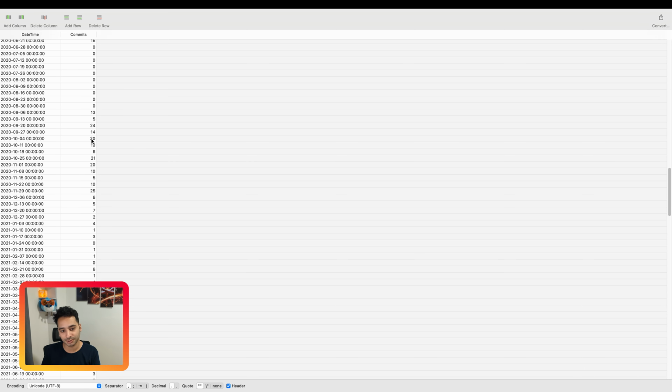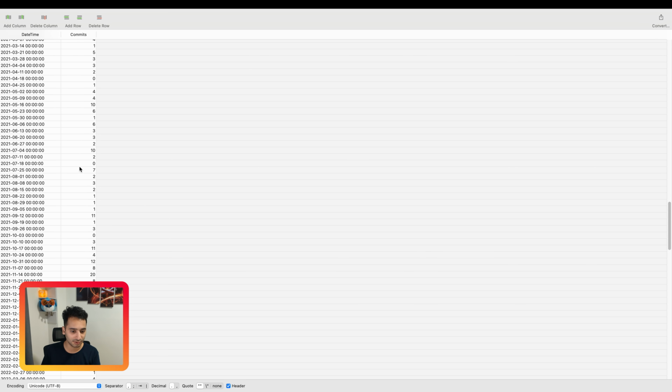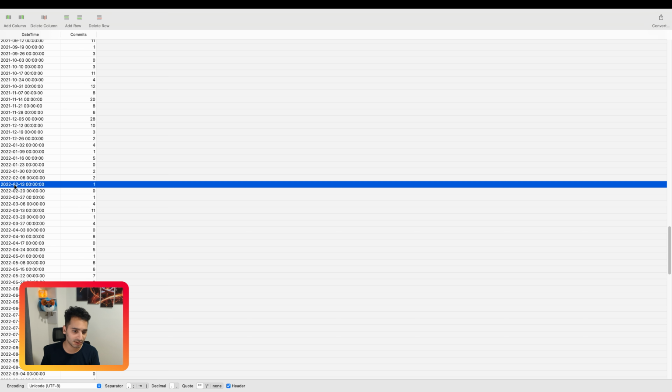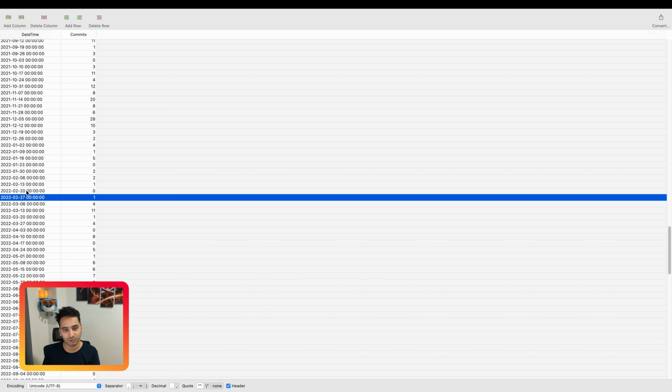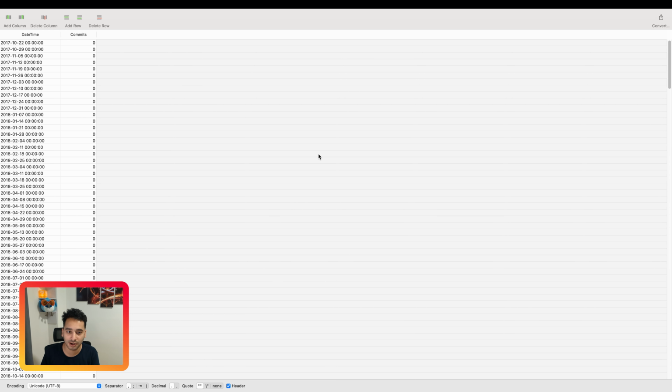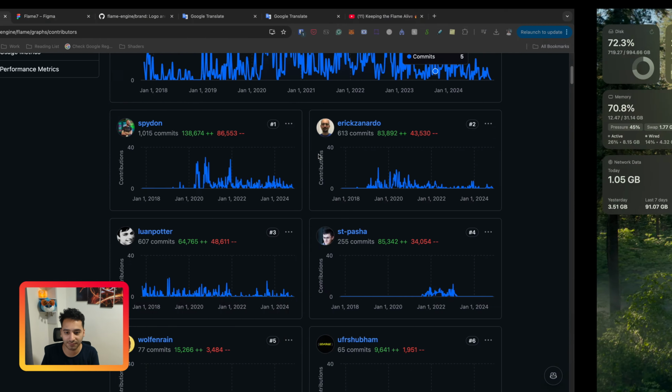Yeah, so this is the amount of commits or contributions that you have at this specific time. By the way, I think it is a 1 week duration for each of them. For example, it is 13, it is 20, it is 27. So you see that there's 7 days between each row. And yeah, you can download this file based on the contributors that we have here.